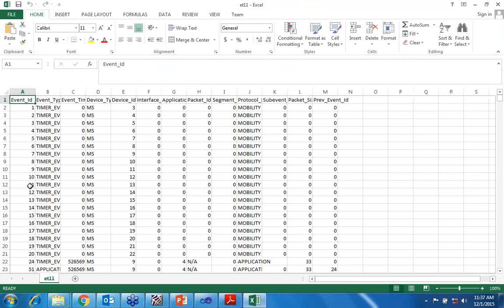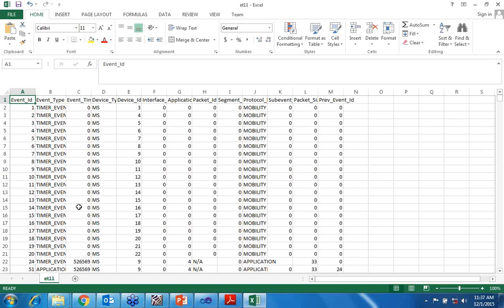Different event IDs are given. Here you can also analyze this according to the event number. So event type is given here. What type of events are performing in the network? Then event timing, device type, device ID, interface. So these are the information about the events performing in the network. Here also you can freeze panes, and likewise in the packet trace, use filters one by one through these events.